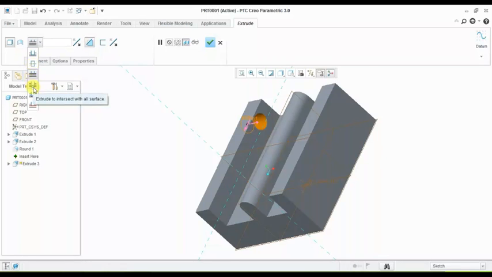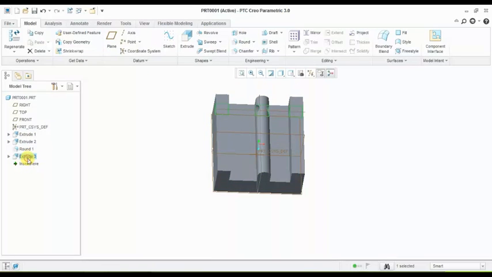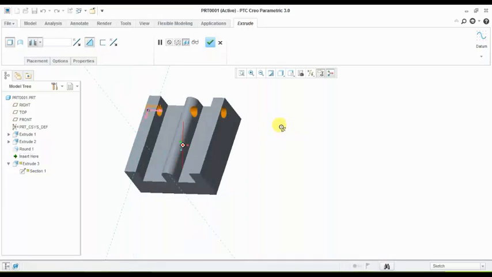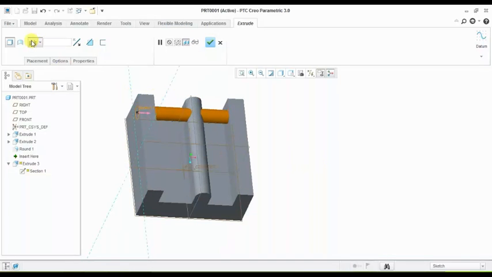This is the through all option. So by through all, the surfaces between remove material, and okay, then you can see material added.